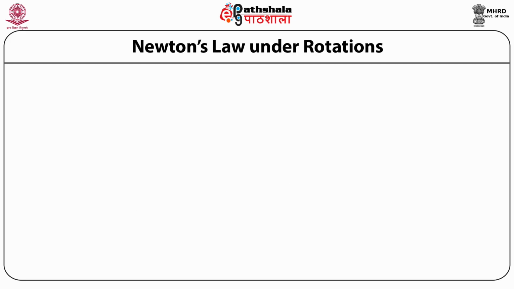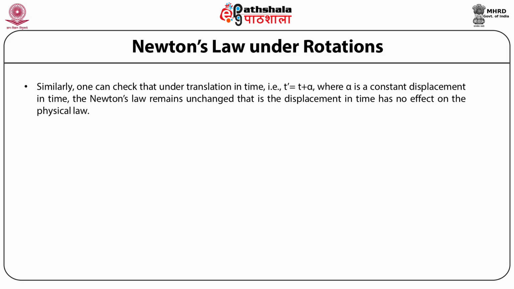Now, taking this discussion of symmetries further, let us also see another type of translation, that is translation in time. And let us see what kind of results we get when we do such a translation in time. So, supposing the time t undergoes a translation to t prime such that t prime is equal to t plus alpha, where alpha is a constant displacement in time, then also we see by a similar